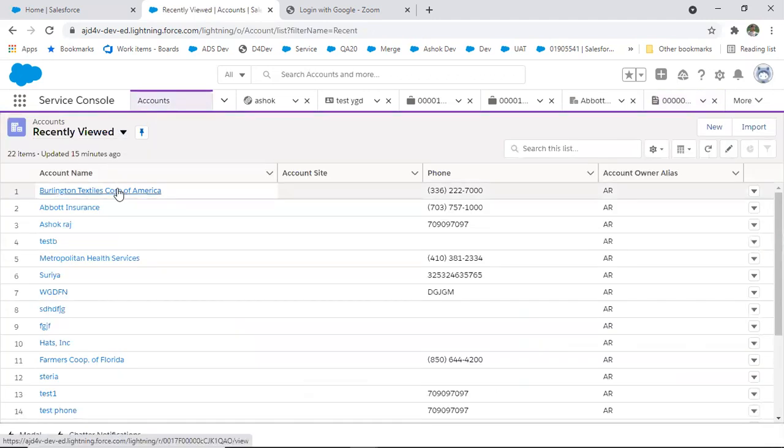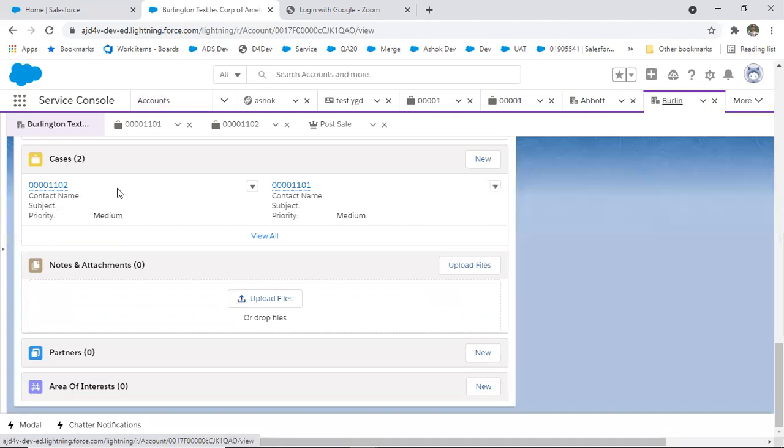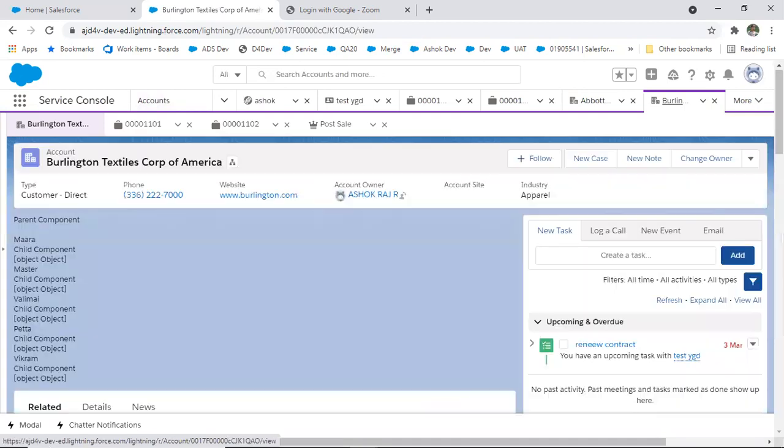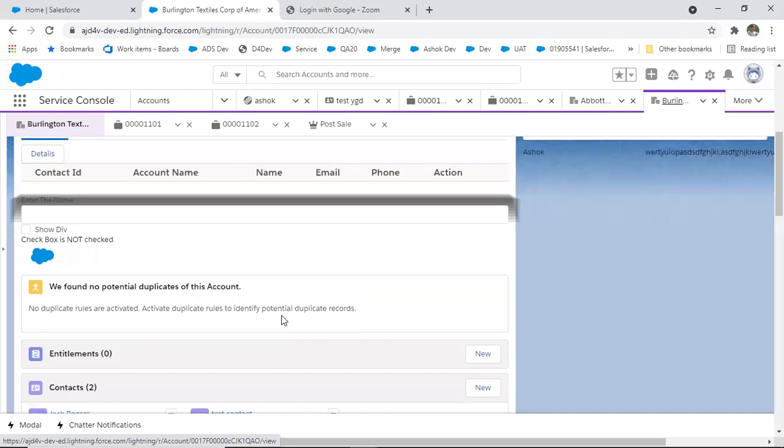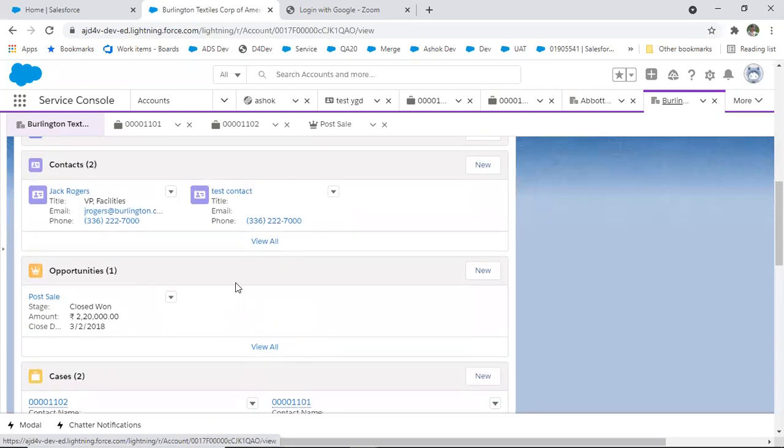This is the account. It's for Burlington. If there are some persons working in Burlington, it is not like all the 2,000 people working in Burlington are going to get in touch with MRF, right? Only a few people are going to get in touch with MRF. So those people's information is available here, their VP, their CEO. So that information I'm going to have here.